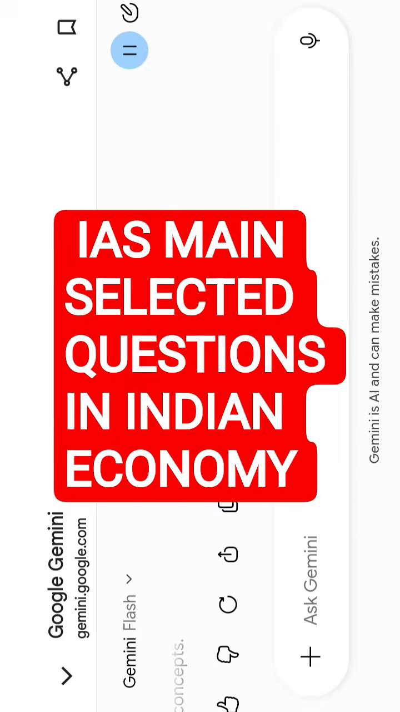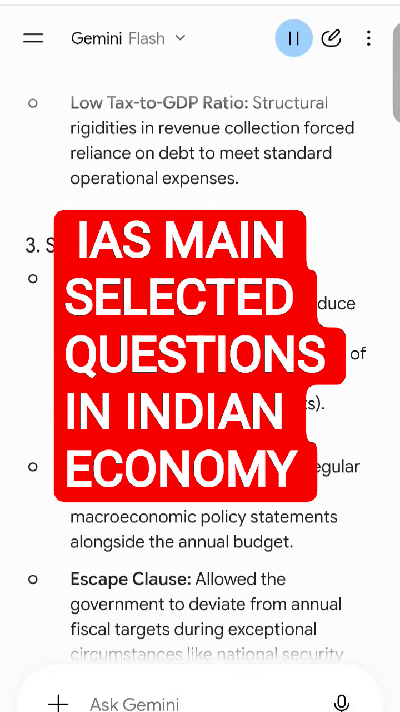Low tax to GDP ratio. Structural rigidities in revenue collection. Deficit targets: mandated the government to systematically reduce the fiscal deficit down towards standard targets, such as the target of 3% of GDP, though glided over time depending on economic shocks. Transparency: compelled the regular tabling of medium-term